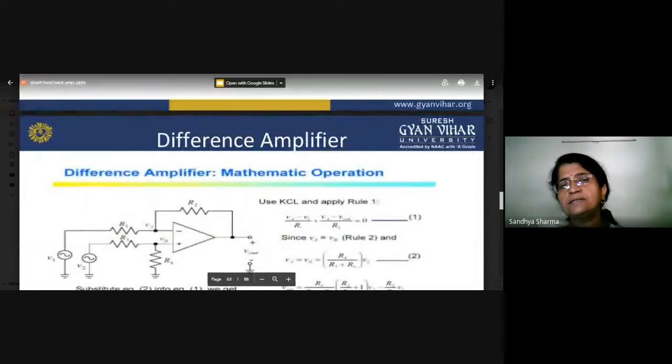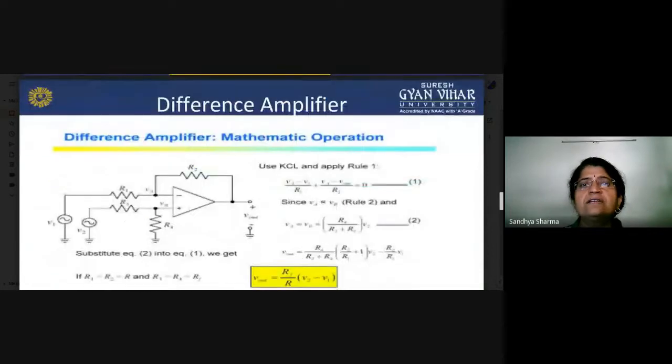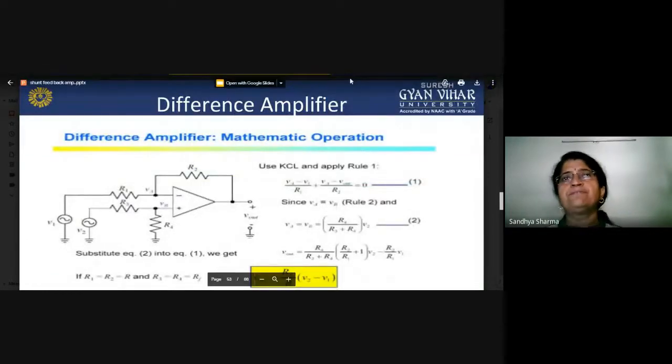Now in both systems we have to see how our system is working, meaning you have to look at one at a time. In the inverting amplifier, one time you give the signal to only one input terminal, either inverting or non-inverting. But if you are working in difference mode, this is the mathematical operation. If you are working on the difference, you have to move to the difference amplifier, as we have already seen in our differential amplifier, which is made of transistors.